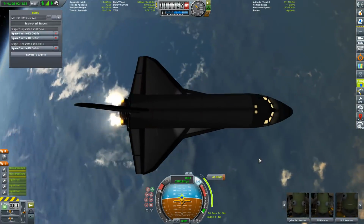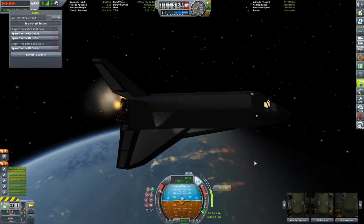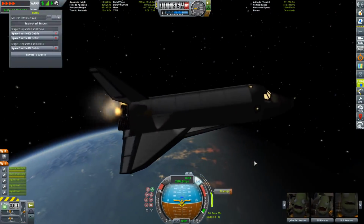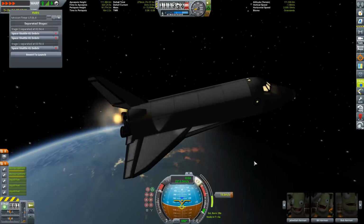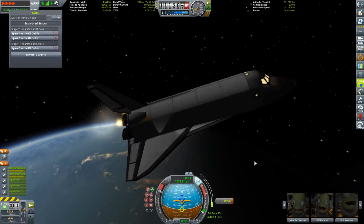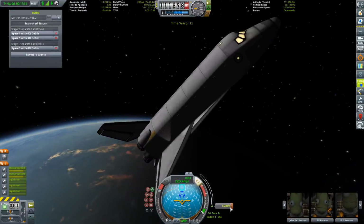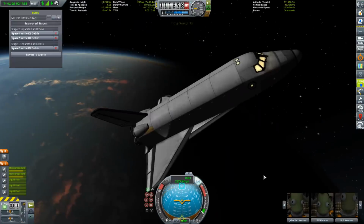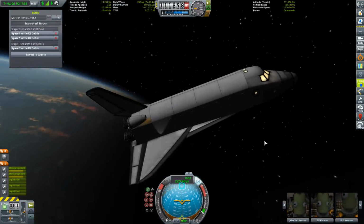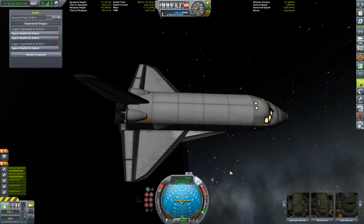Let's use our lighting a bit. And we've already cleared the atmosphere, so we're safe for the time being. Now we're doing the circularization. And I'll stick with that. That looks fine. Okay, we don't have anything to rendezvous with at the moment, so this is just a demonstration